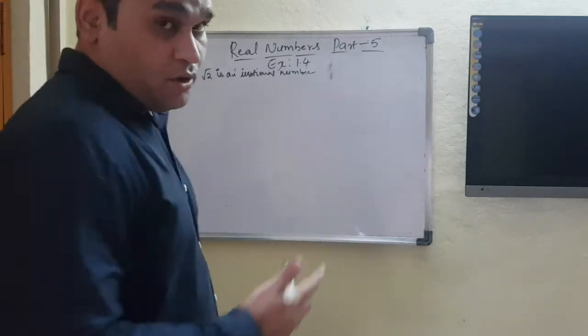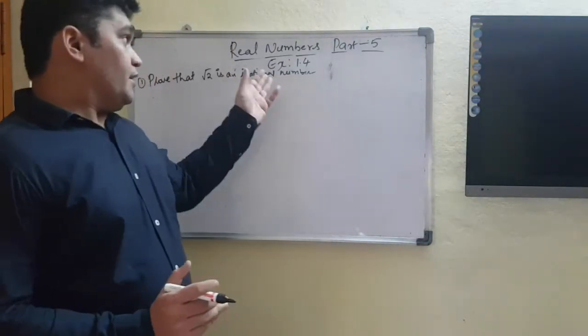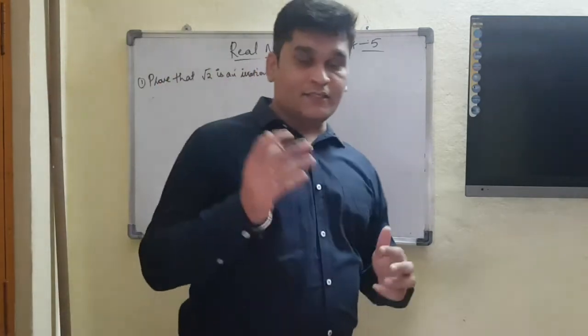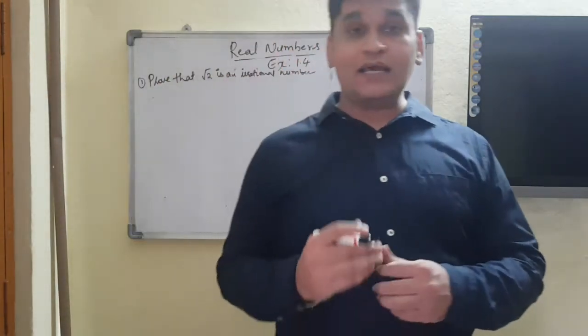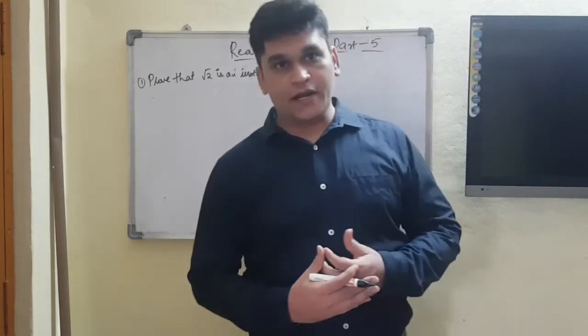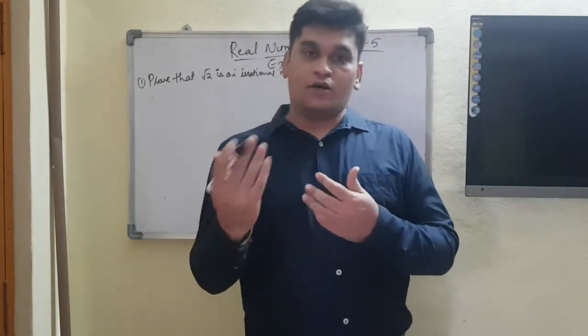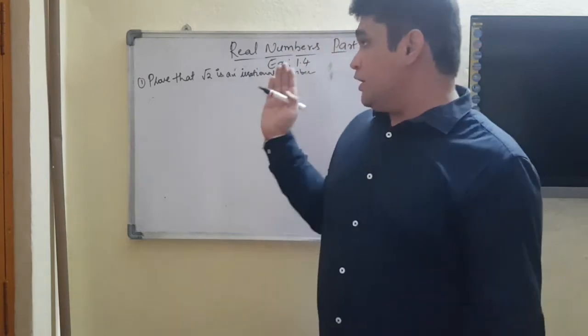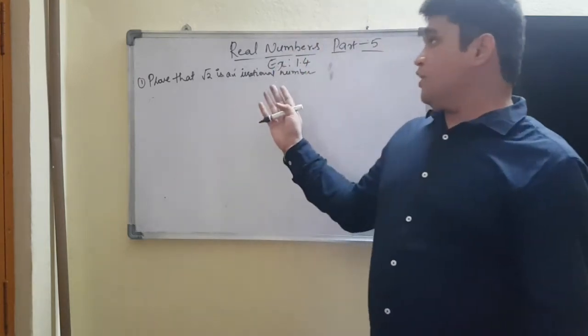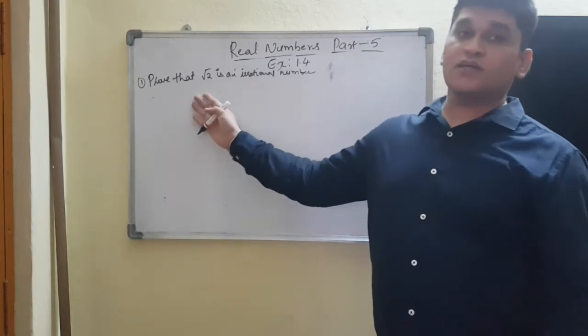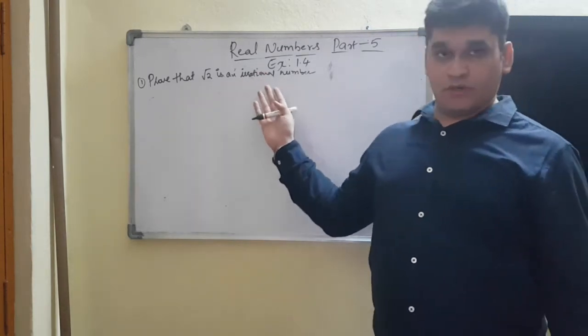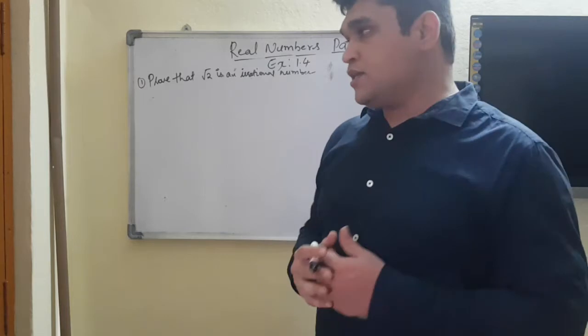Now, the next part, that is the fifth part, exercise 1.4. In this exercise, you are going to learn about proving irrational numbers, right? Till now, we have come across rational numbers, P by Q forms, terminating and all. Now you are going to talk about irrational numbers, proving that certain given terms are irrational numbers, right? So, let us start the problem.